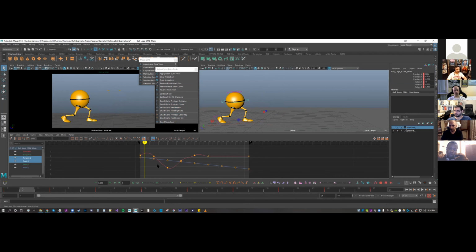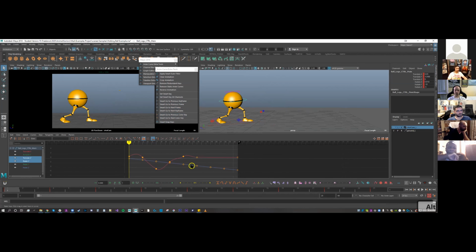Snap keys. I like the smart snap keys better than the one in Maya, only because sometimes when you retime things, keys will be on a subframe, and using the Maya snap, a lot of the time it won't snap to whole frames, even if you have the whole frames setting selected. That, and it won't